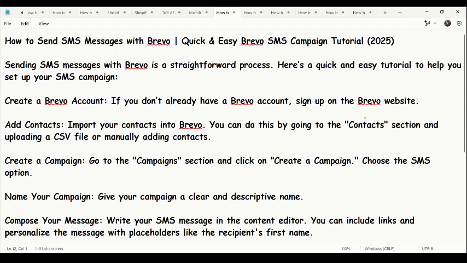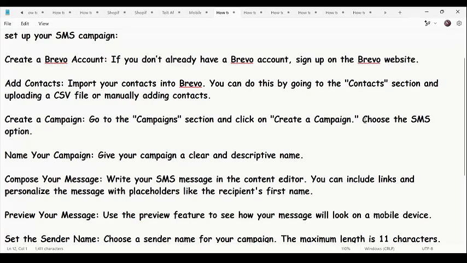So to set up your SMS campaign, you have to create an account on Brevo. So if you don't already have an account, sign up on the Brevo website, then create an account. Then after that, import your contacts into Brevo. You can do this by going to the contact section, then upload a CSV file or manually add contacts by yourself. And after that, you have to go to the campaign section and click on create a campaign, then